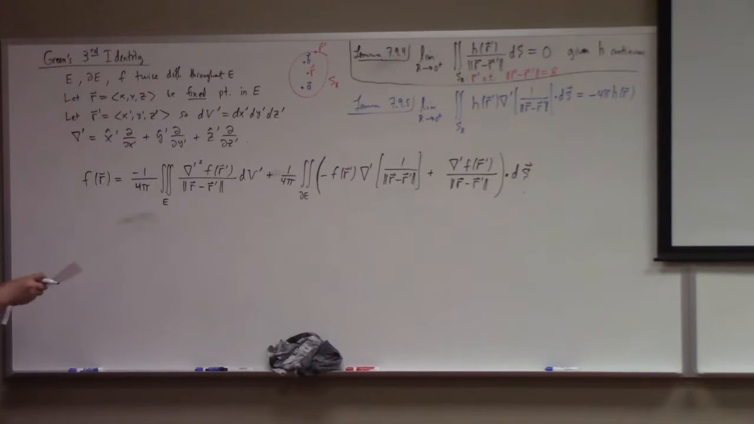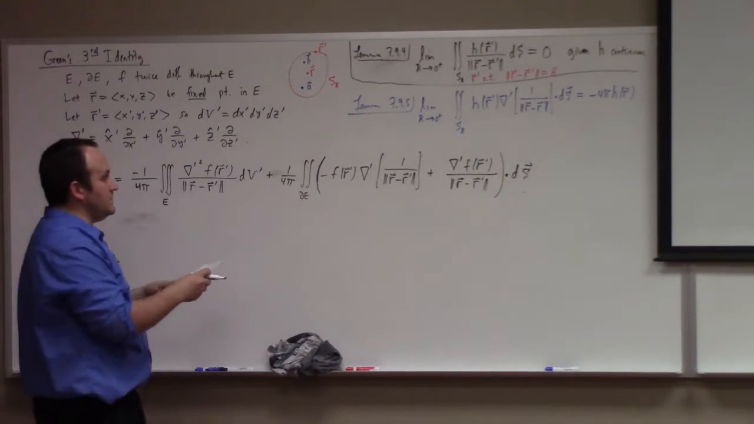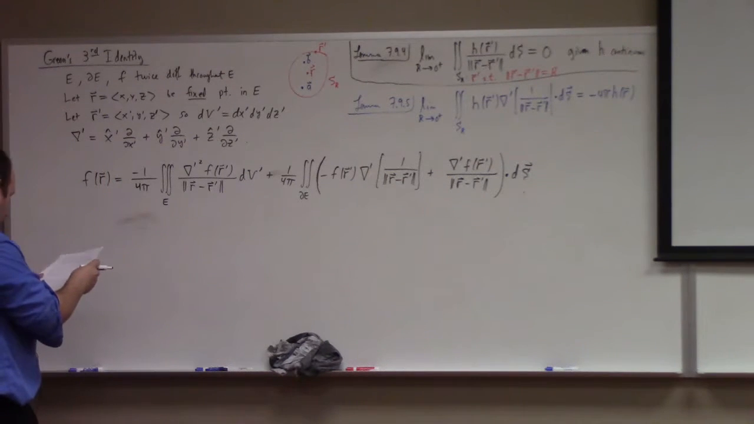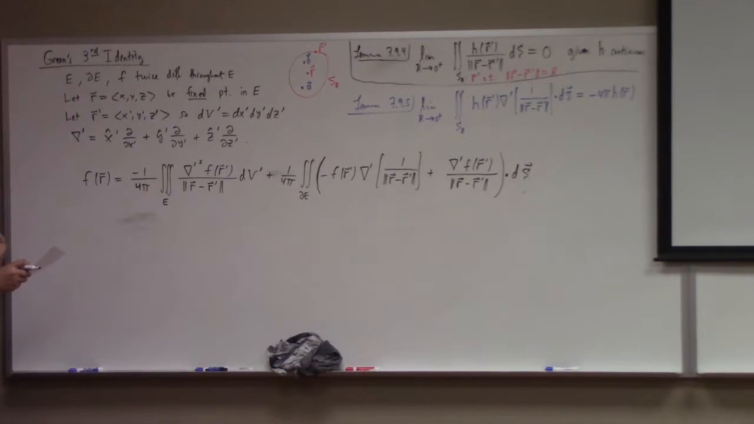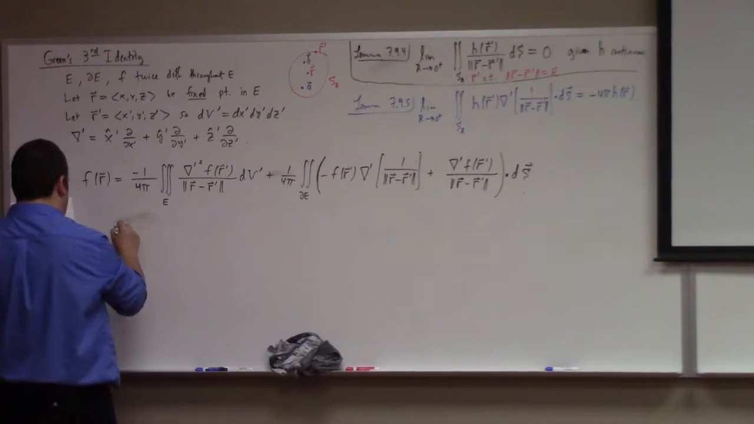All right, so now let's try to put it together. What I want to do is use Green's second identity on a solid region with holes. And what solid region am I going to look at? I'm going to look at E prime,